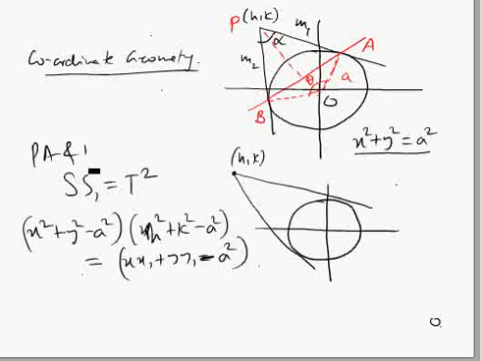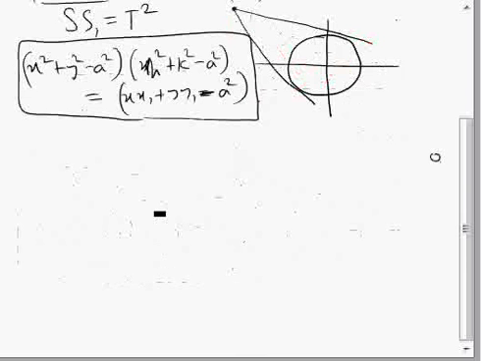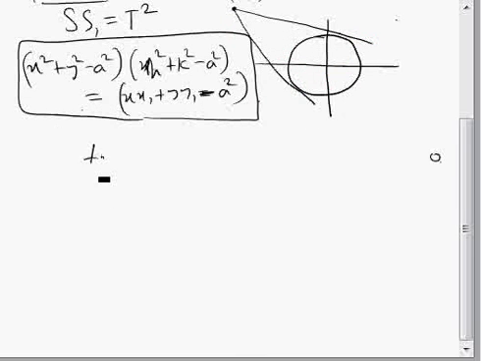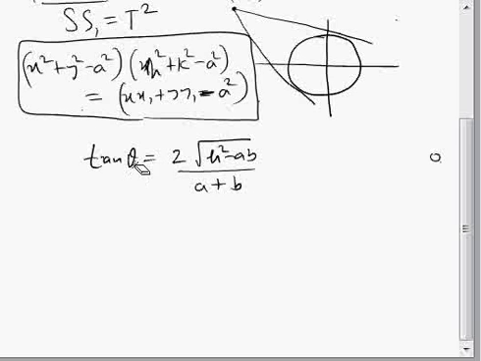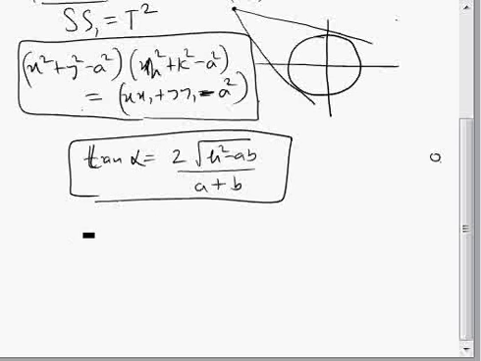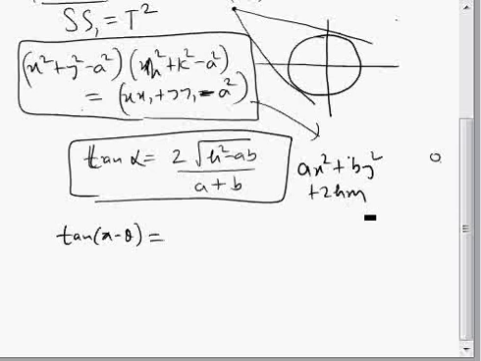Now we know a result for the angle between a pair of lines. The angle between a pair of lines is 2 root of h square minus ab over a plus b. It's a formula. If alpha is the angle between the pair of lines, then tan alpha equals this. Now we know alpha is pi minus theta, so we replace it with pi minus theta, and on this side we compare this equation with ax square plus by square plus 2hxy plus 2gx plus 2fy plus c equal to 0. If we compare this general degree 2 equation with this equation of the pair of tangents,